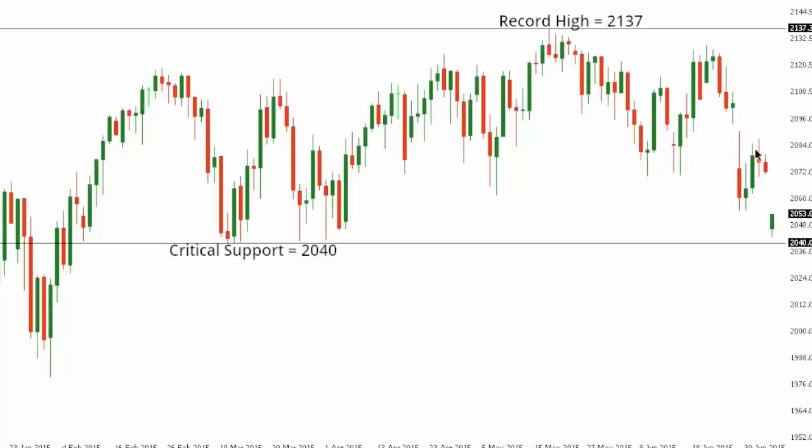SPX 500. So the S&P 500 has gapped open on Monday, with the market trading down just shy of that critical support from March at 2040. This is a major base, and if broken, if that 2040 level is broken, it will set the stage for